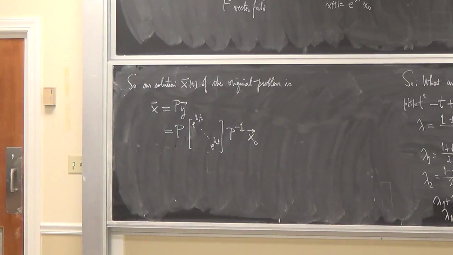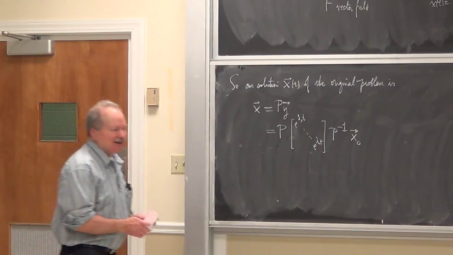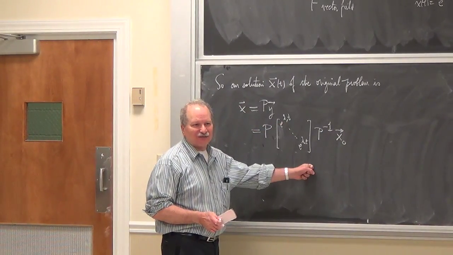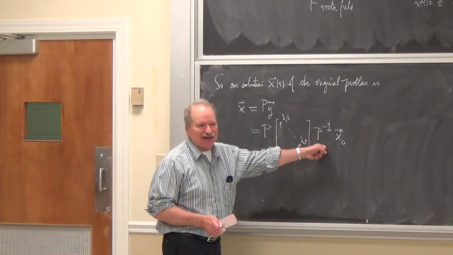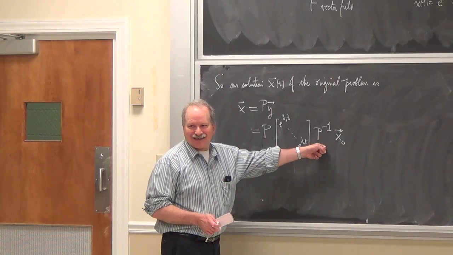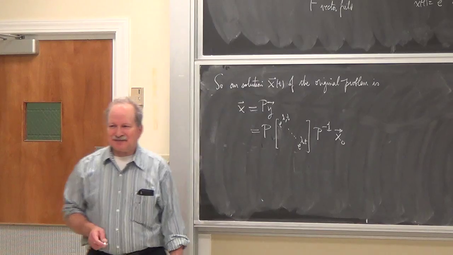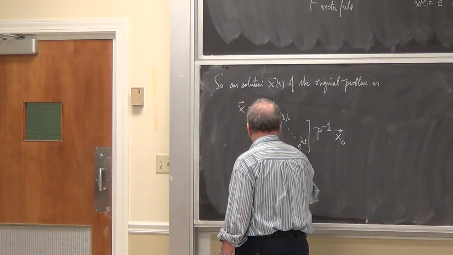Does this look remotely familiar from what we've just been doing? A little bit. Instead of having the powers of lambdas to the kth, I have exponentials of lambdas. We still have the P and P inverse just like we had before. So does that mean it reduces to some sum? So you're going to get exactly